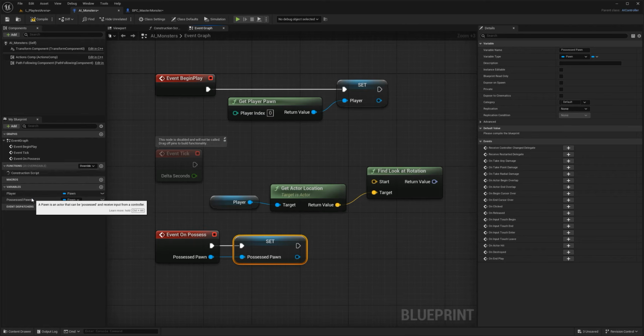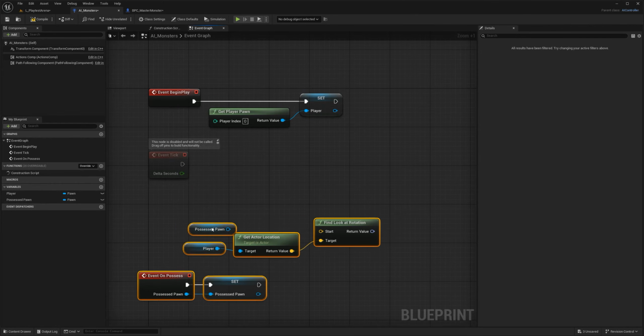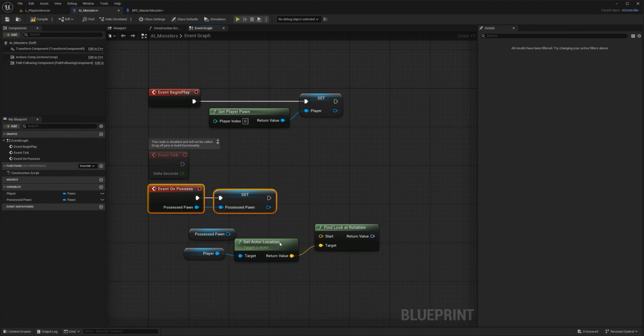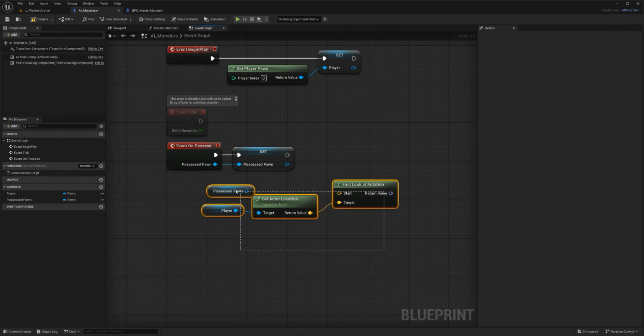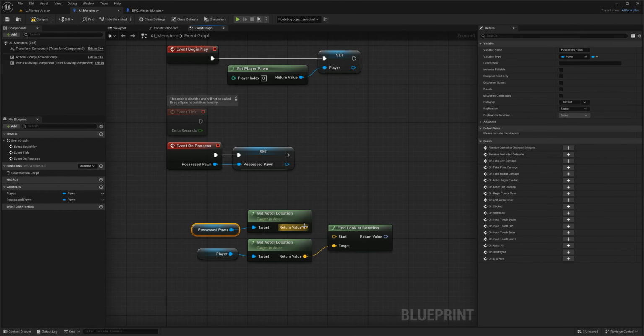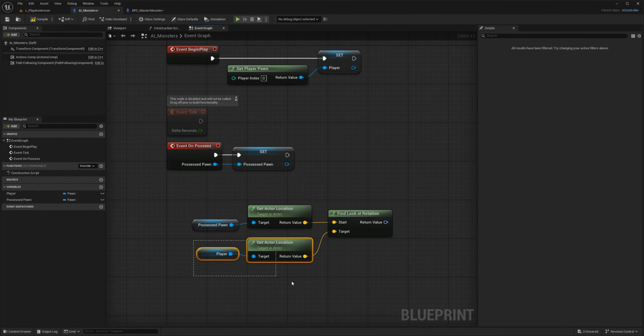That way I can just click and drag and push this thing here, get possessed pawn. And honestly, this is getting a little bit tight in space, so I'm gonna move this down a little bit. Then it's the same logic, get the actor location, target, possessed pawn to the start. Just like that, we have the beginnings of that logic.